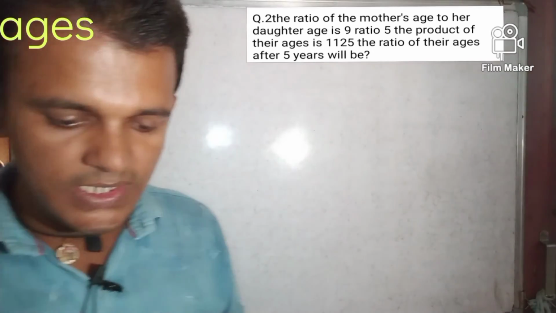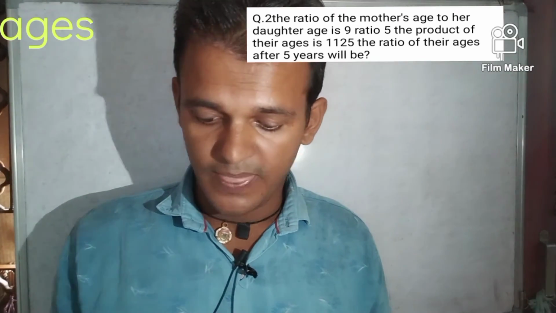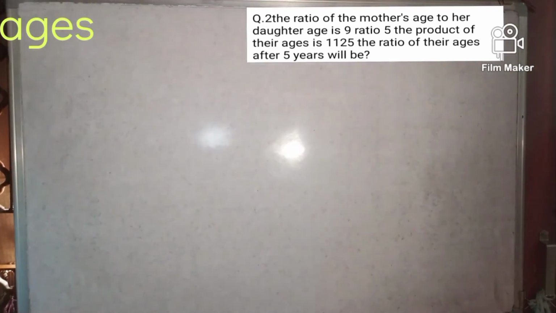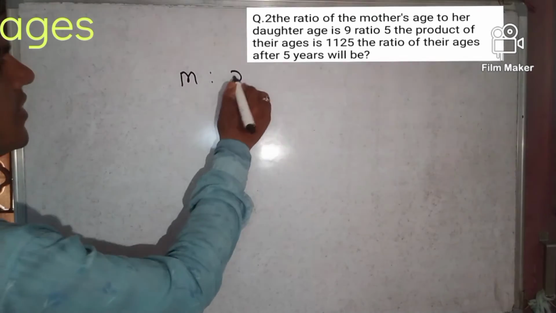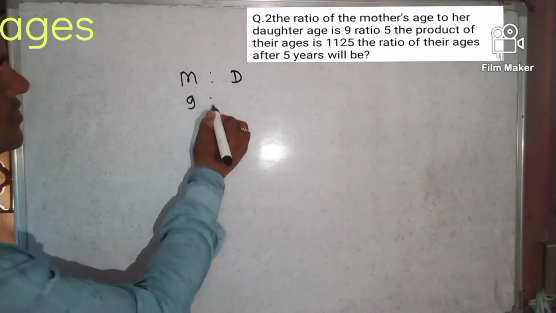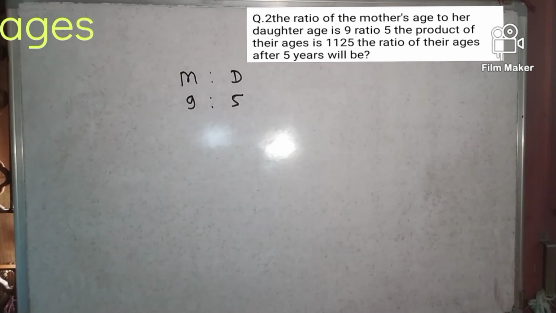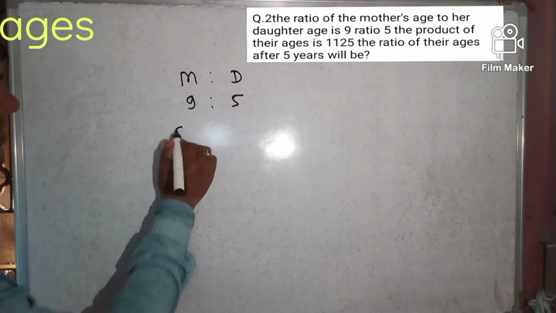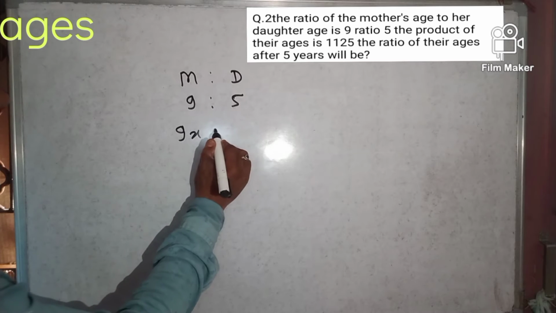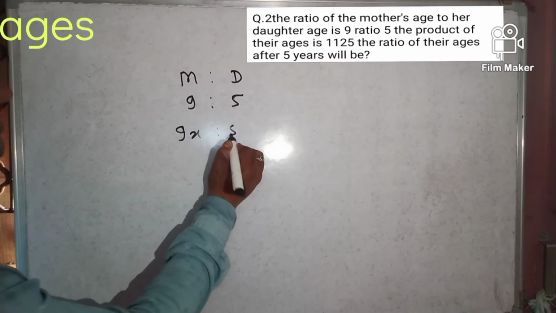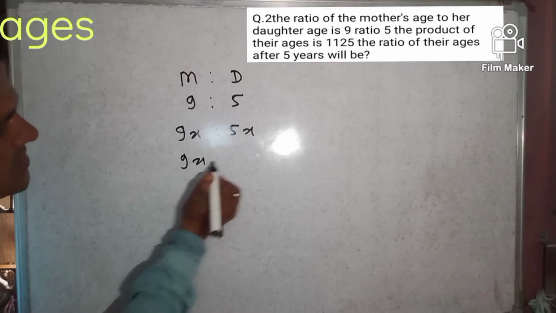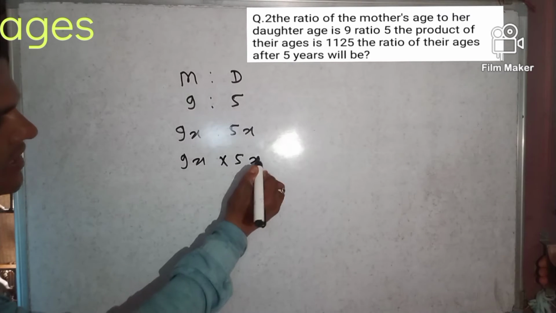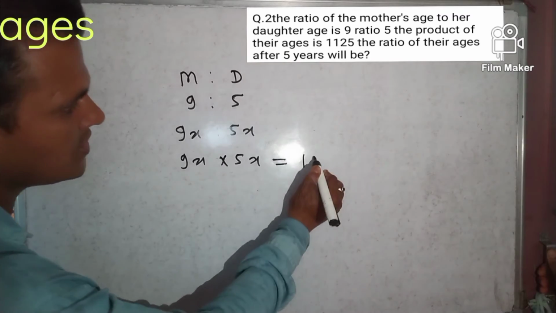Mother and daughter ratio is 9:5, so this is 9x and this is 5x. Product means multiply. So 9x into 5x is equal to